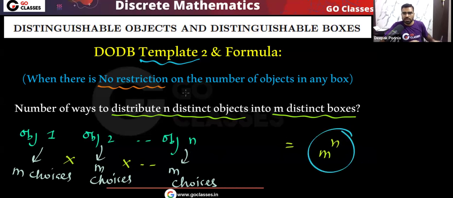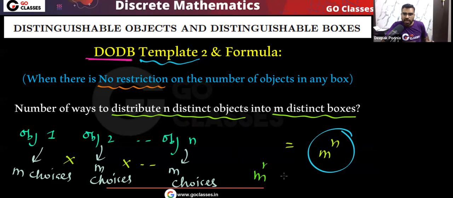Okay, now let me ask you one thing. Will you apply this product rule, or will you directly apply this formula? When there is no restriction on how many objects you can put in every box, in this DODB template 2, will you remember this formula or will you apply the product rule? Don't remember this formula, apply the product rule. The reason is, if you remember this formula, then you will be confused.